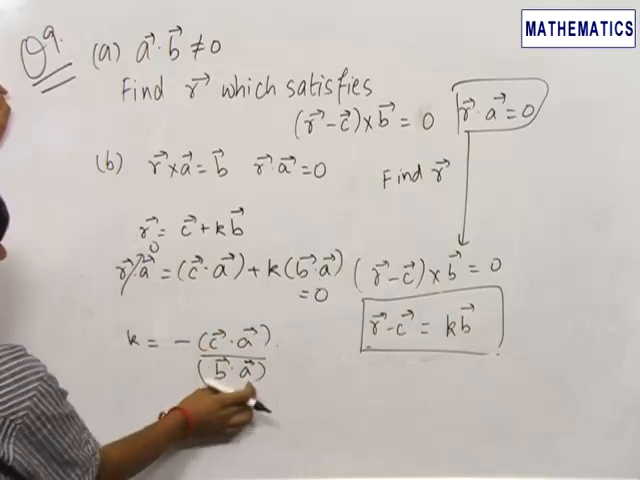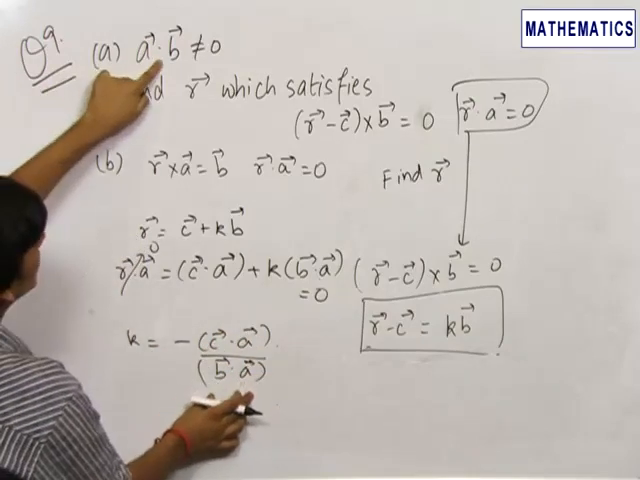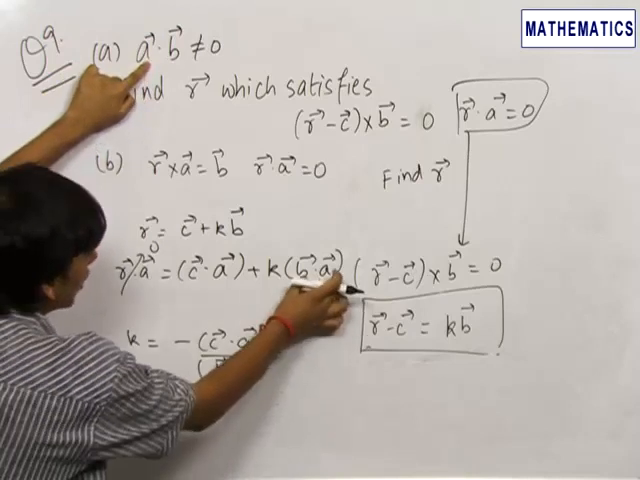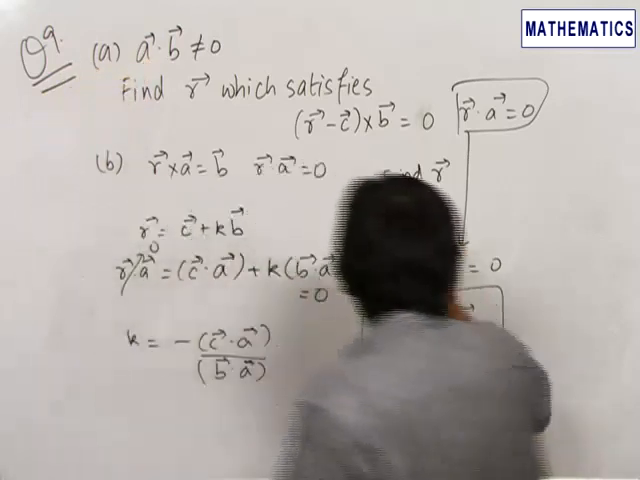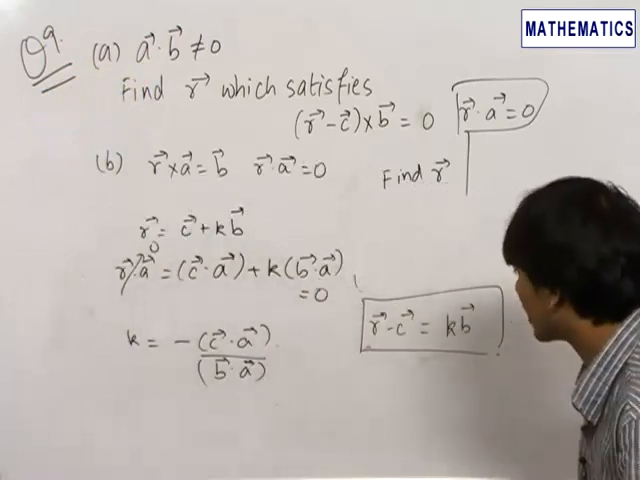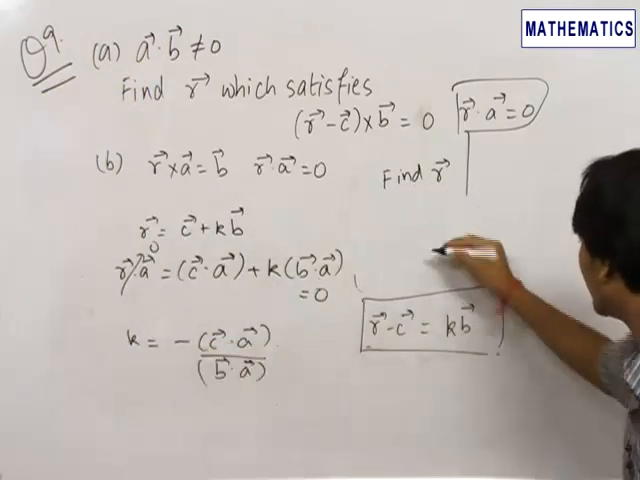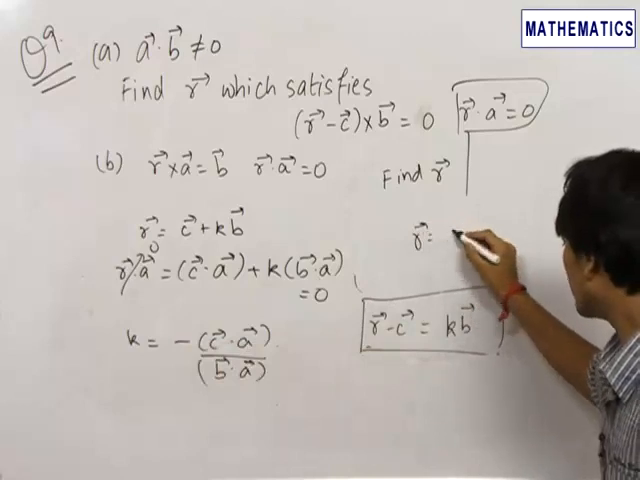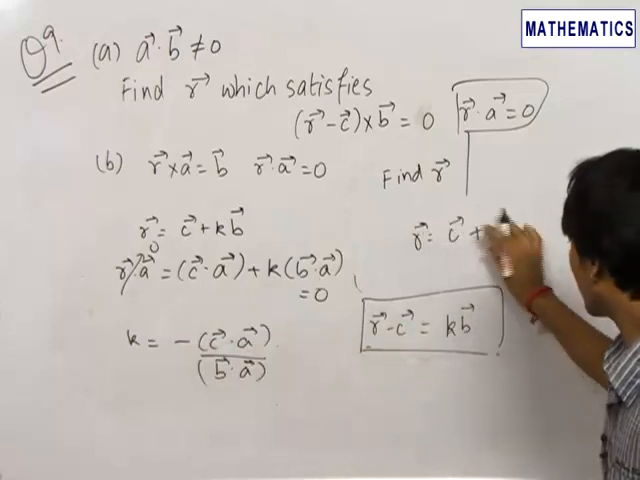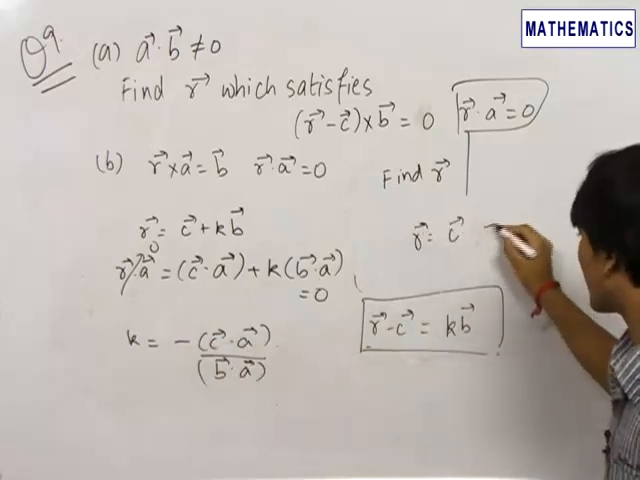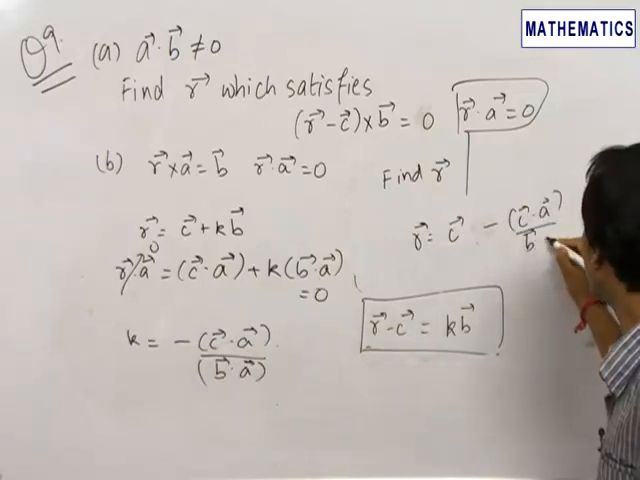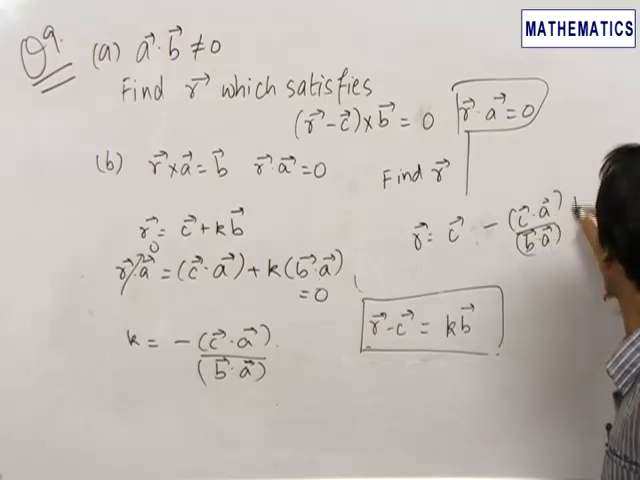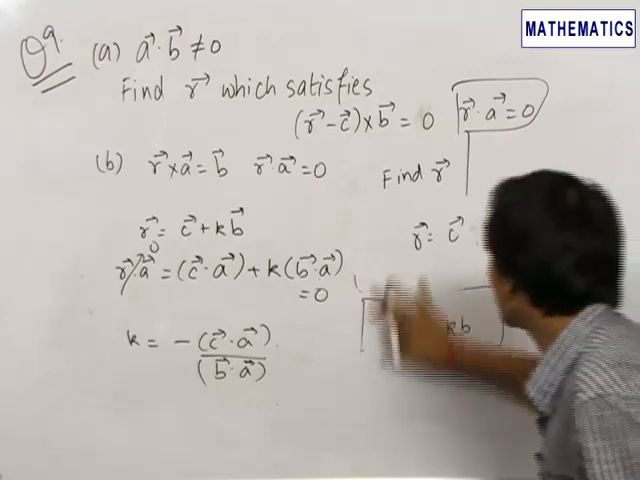B vector dot A vector is coming in the denominator. That is why this has been given to be not equal to 0, so that we could divide the whole thing by B vector dot A vector. So we directly get the value for R vector by substituting this value of K over here. That is R vector is equal to C vector plus minus of C vector dot A vector upon B vector dot A vector times B vector. So this comes out to be equal to